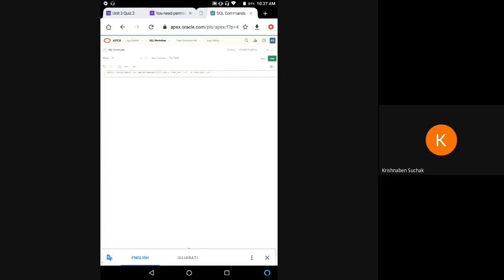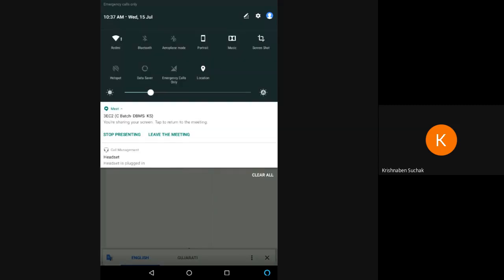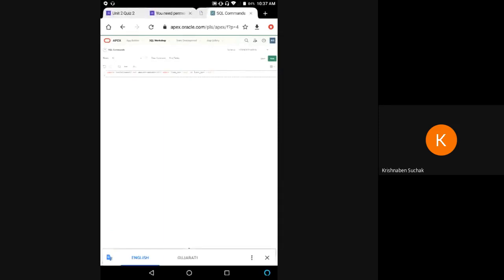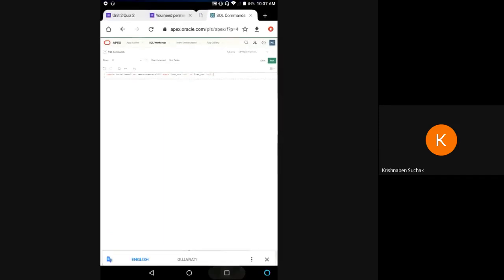Set amount equals to amount plus 5,000 where loan number equals to L-O you have written, it should be L-0. On both sides, L-002 and L-003. Okay ma'am.